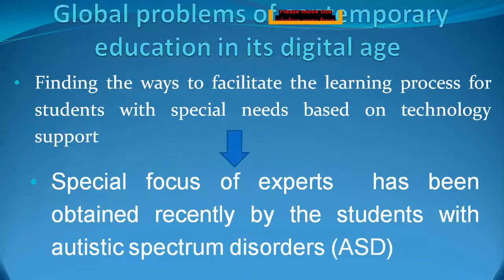Talking about the urgency of the research, I'd like to say that there are various surveys which testify that one of the global problems of contemporary education in its digital age becomes finding the ways to facilitate the learning process for students with special needs based on technology support. Special focus of experts, however, has been obtained recently by the students with autistic spectrum disorders because the number of cases and the variety of the disorders' modifications has been growing for the last few years, according to studies. Thus,